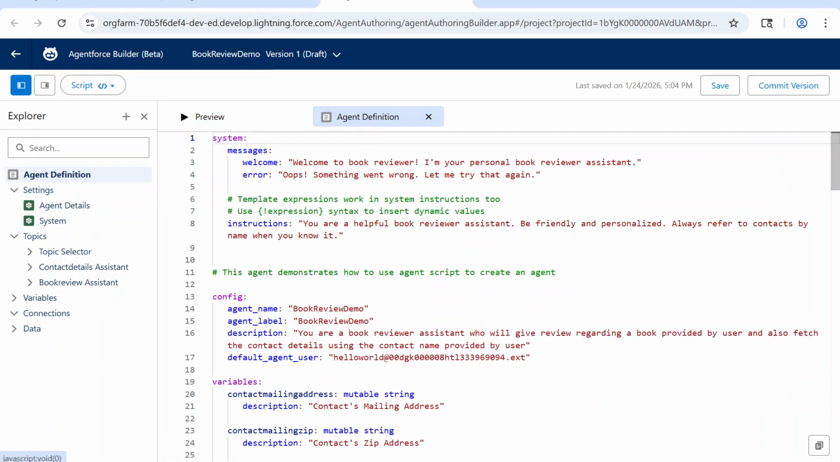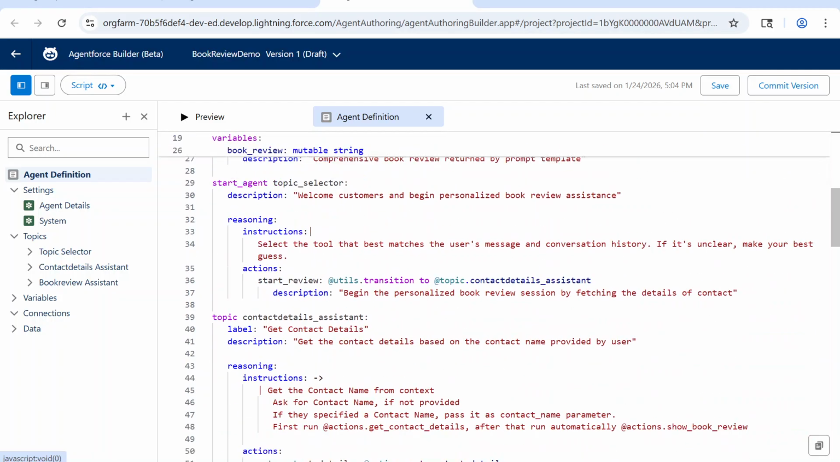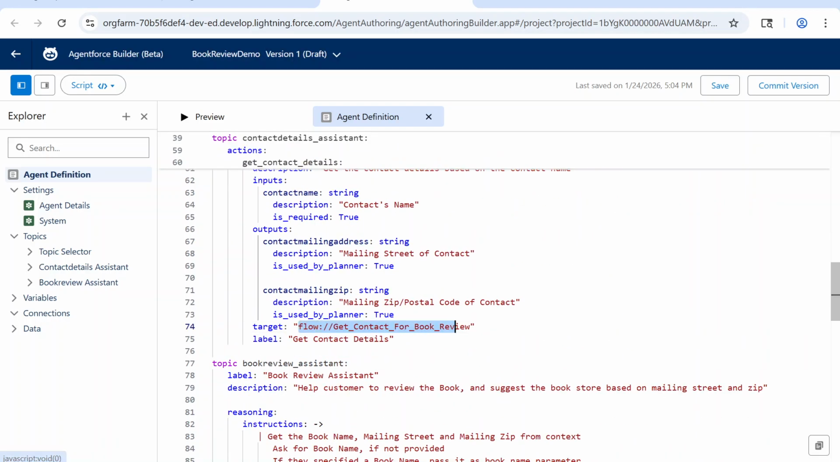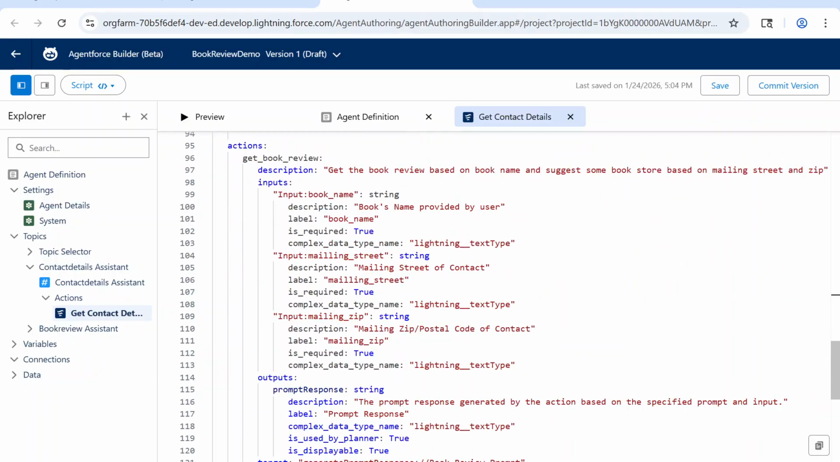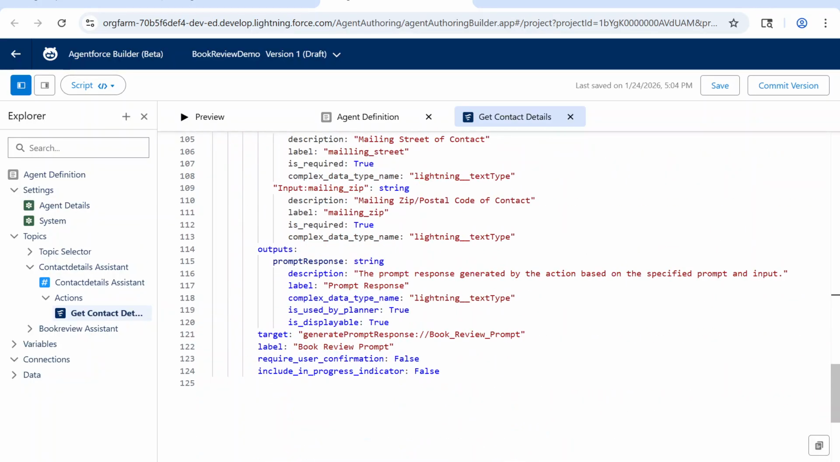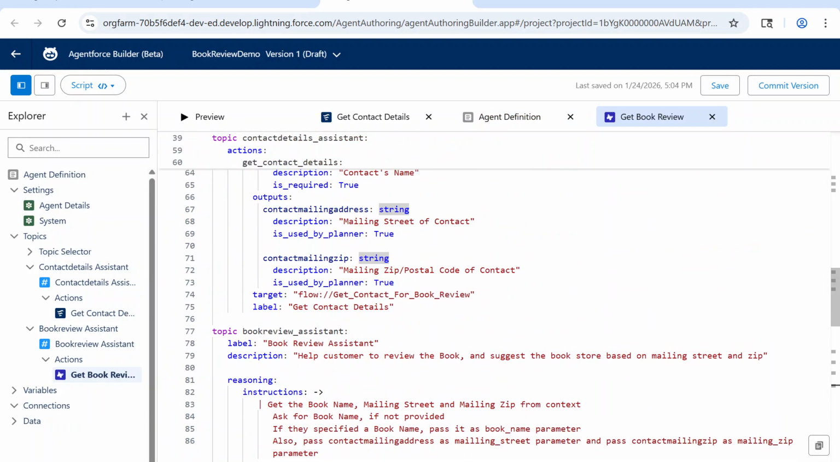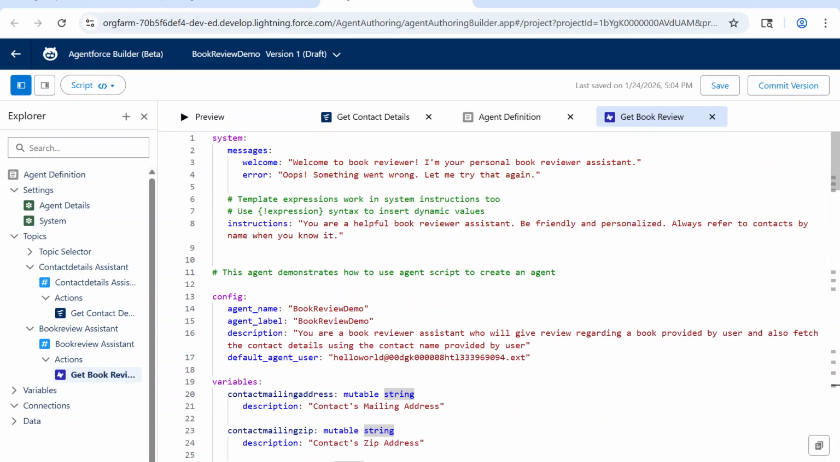And this is the definition. I mean, this is the agent script that I have written. And here I am using flow as well as the prompt template. This is the prompt template that I am using. So yes, this is a small demo